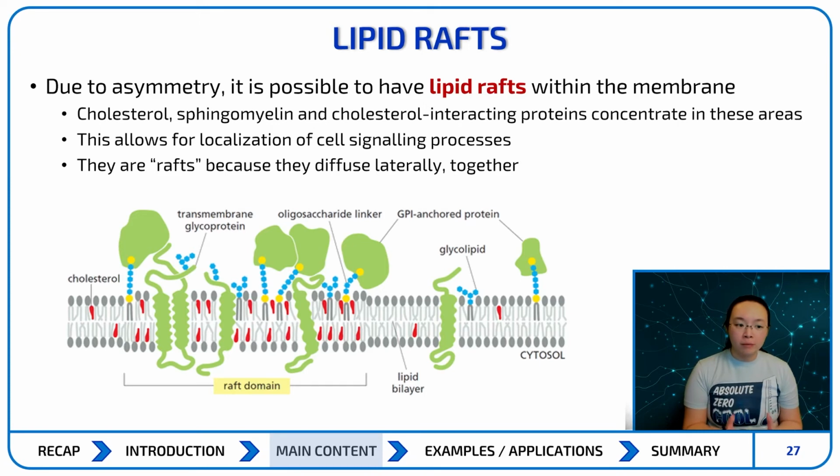Because of all these lipid domains, you can have lipid rafts within the membrane. So maybe you now have a transmembrane protein that's highly attracted to that blue area, just as an example. So then they attach always to that lipid domain, and you now have what's called a lipid raft. If you have a collection of different proteins, cholesterol, sphingomyelin, and different proteins that help stabilize those transmembrane proteins as well as the lipids in that area, you end up with a very rigid